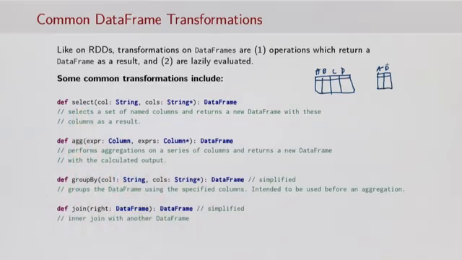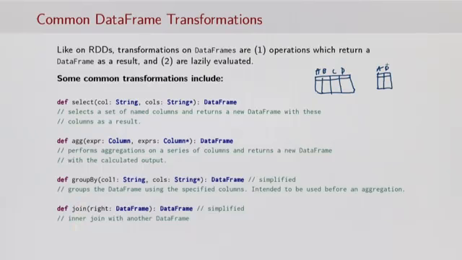There are a few other overloaded versions of these. You can have a look at the Spark docs to see the different choices for selecting columns, but this is ultimately the idea here. The next transformation that's going to come up is called aggregate. This one is peculiar, and we're going to go into more detail on it later in this session, but the short story is that aggregate performs aggregations on a series of columns, so on one or more columns, and it returns a new data frame with the calculated, aggregated output. We'll get more concrete about what that means a few slides from now, but moving on, group by,